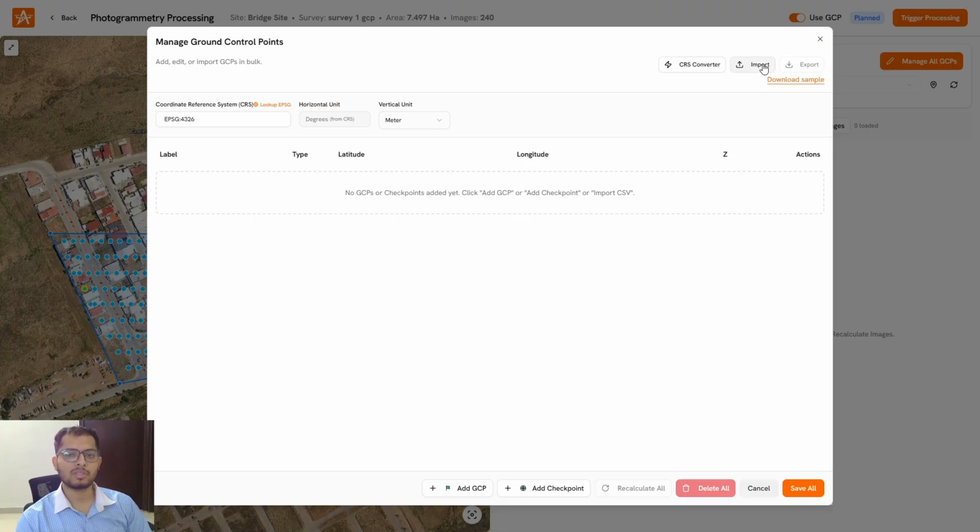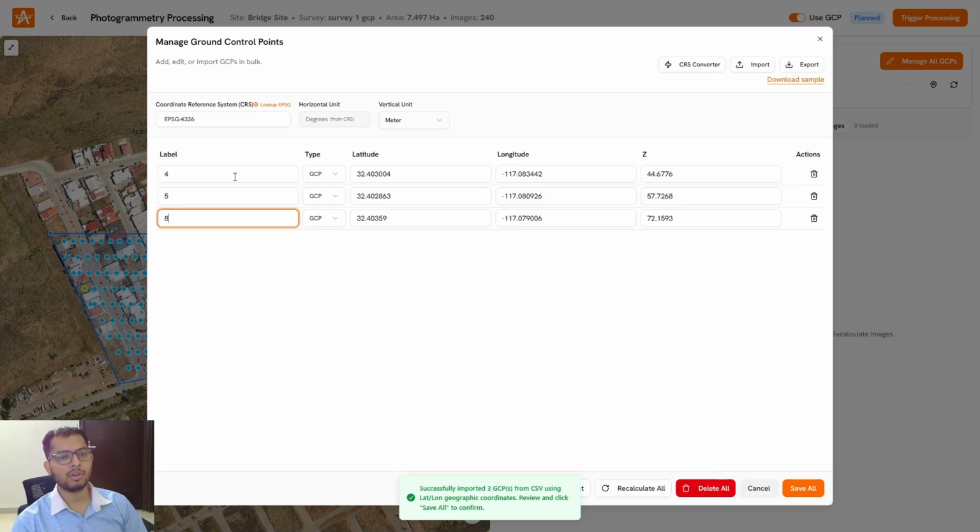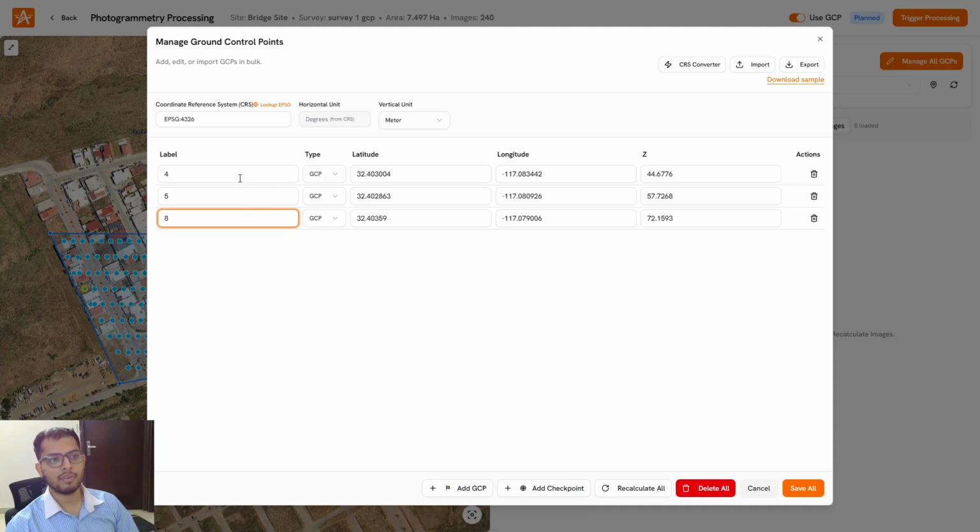Right now I'm just importing my CSV file. So let's import our CSV file. These are my 3 ground control points that are there in my particular project. If I go and opt for these ground control points, as we can see, these are in EPSG 4326